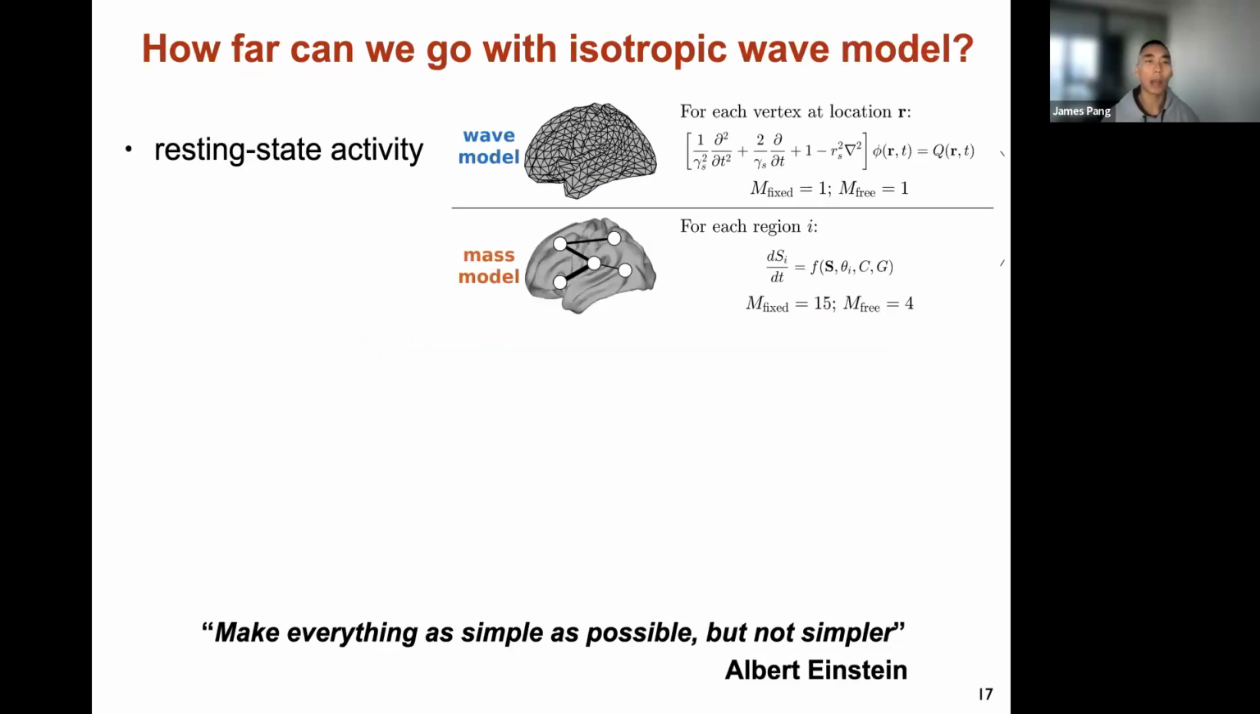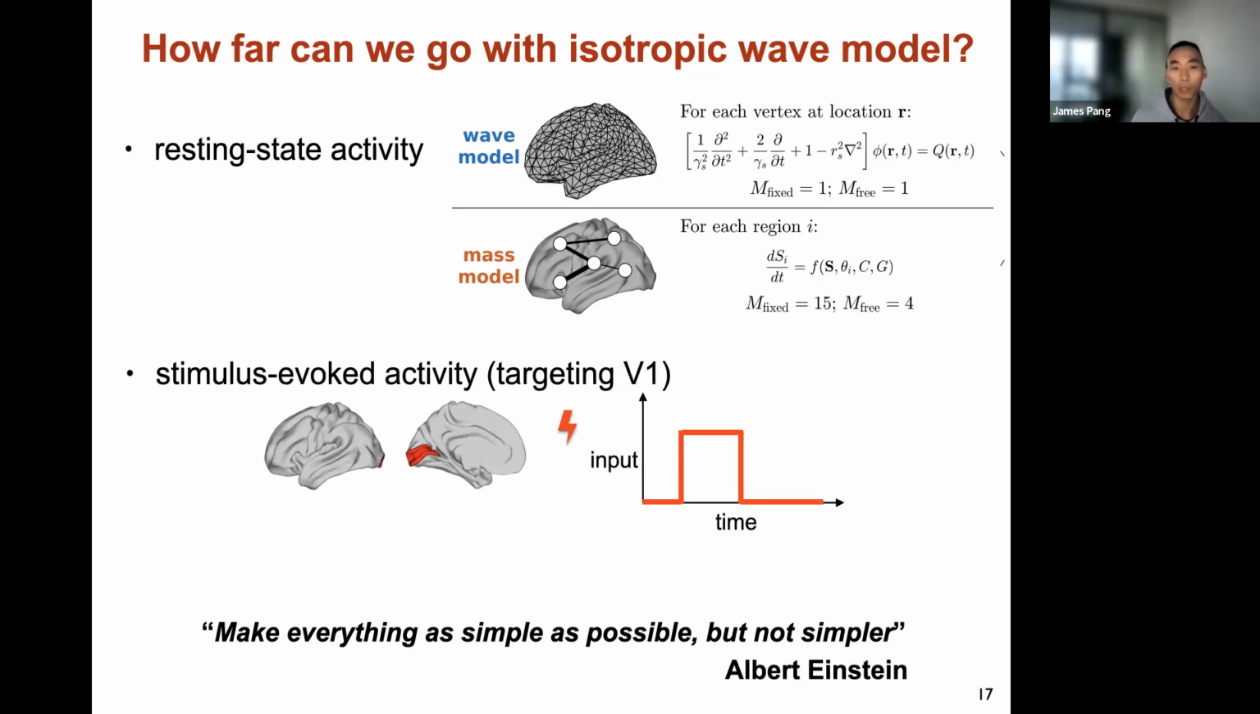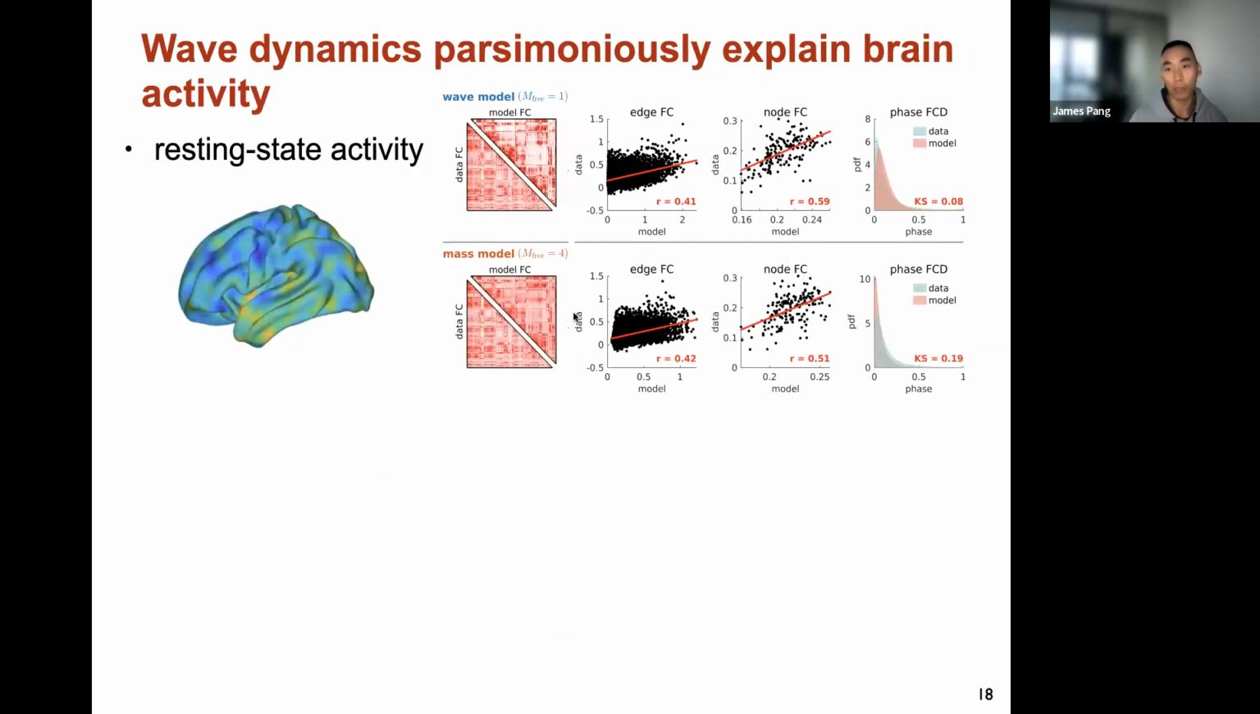And then we ask, okay, how far can we go? Because remember, the geometric eigenmodes were based on neural field theory, which uses a simple wave model. So we asked, how far can we go with this isotropic wave model? And we did that for both resting state and stimulus-evoked activity, and compared it with a highly sophisticated neural mass model that relies on a connectivity matrix. And what we found is that, irrespective of the metric you focus on,